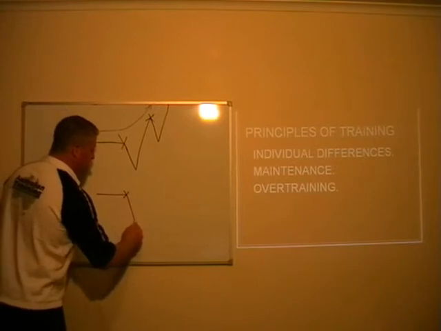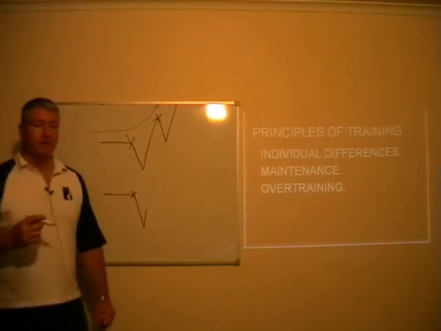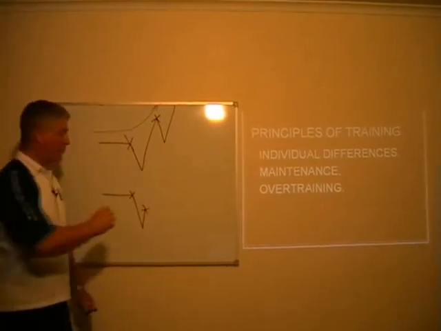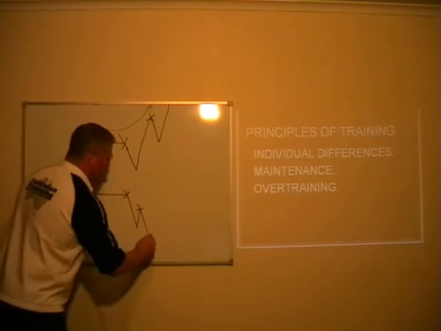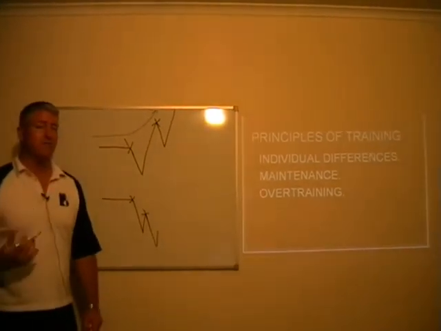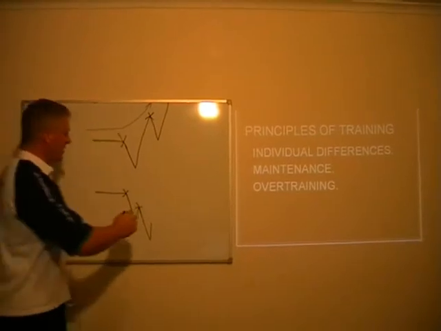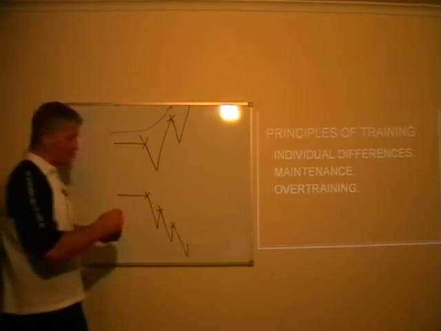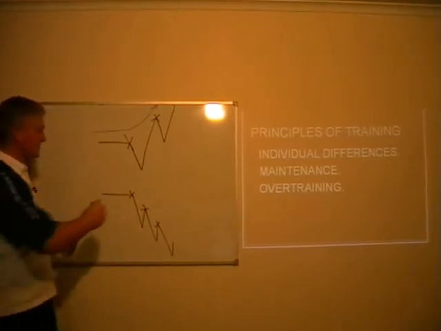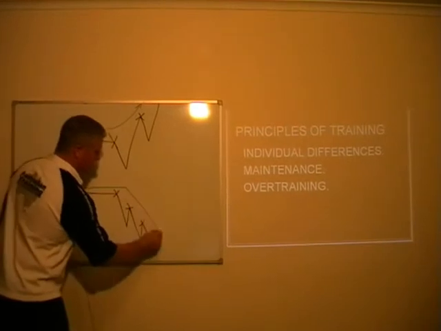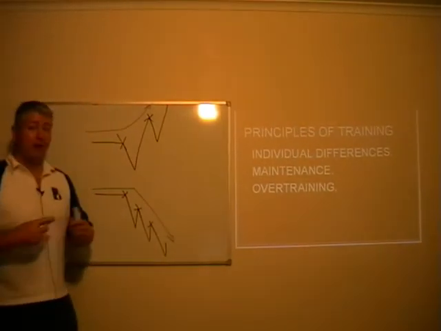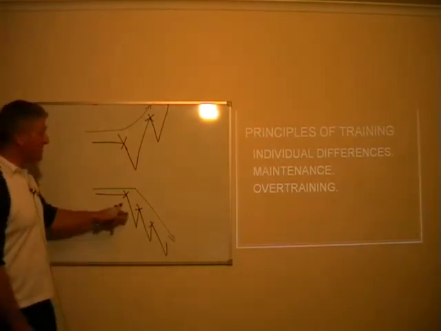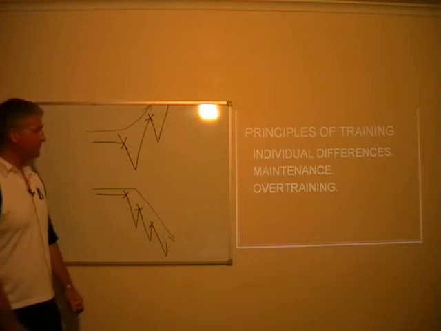body fatigues, starts to supercompensate, but we then go and apply another exercise load or an exercise session. Okay, we fatigue again, body tries to supercompensate by going above and beyond its previous level, but we apply another exercise load, exercise session. Fatigue, supercompensate. And what happens in this example is our performance or the progress towards our exercise goals actually deteriorates. And this is when our body is in an overtrained state.